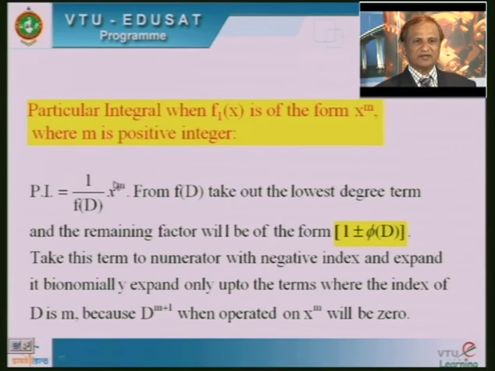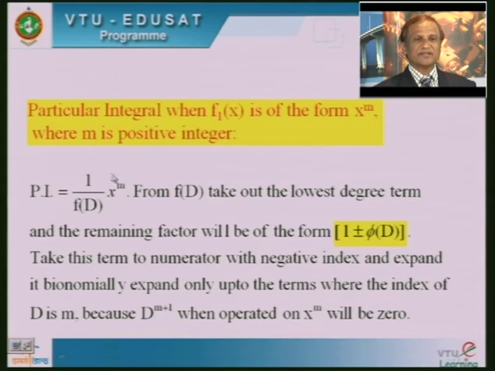So, when you operate D on this function, D means what? Differentiation, differentiation of x raised to m. I can find that out. So, for example, m is 2. The right hand side member is of the form x to the power 2, is it clear? If I operate D on x square, it means I find the derivative of x square. I can find D square of x square. D square of x square means the second derivative of x square, is it clear, right?